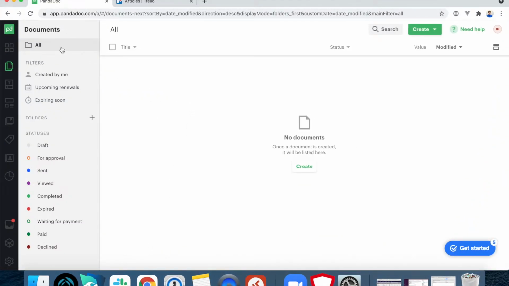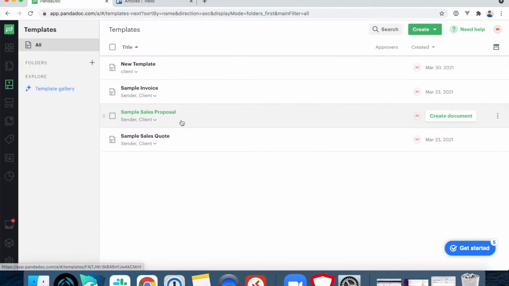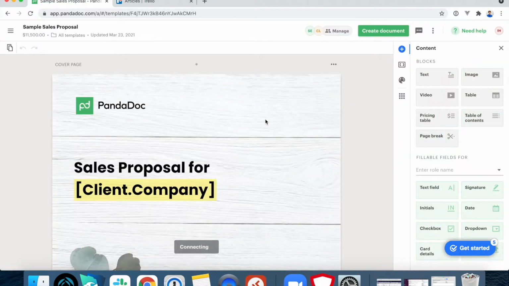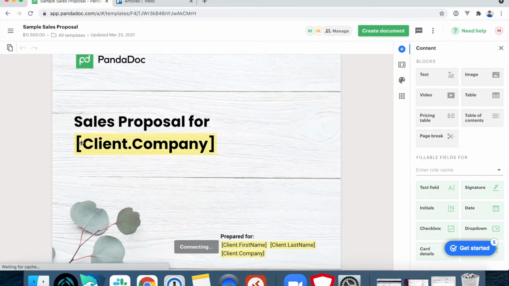We can see here we have our account. We don't have any documents created at this time, but we do have templates. PandaDocs does include sample templates, and we've created a test template that's just a very simple version. There are a few things to keep in mind when you create templates. Templates can have tokens that you can actually send data from FileMaker to PandaDocs to be displayed on the document.